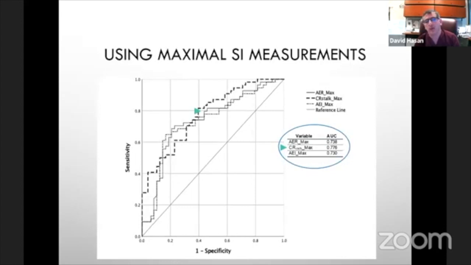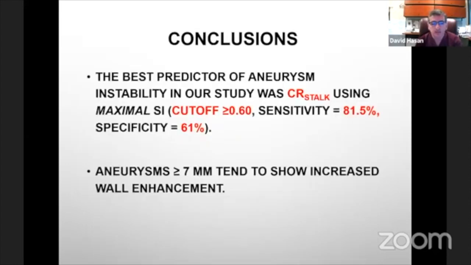And then the second one we use is the maximum signal intensity. From the 4 quadrants, we use the highest signal intensity. And from all that, we found out that the best predictor for aneurysm instability is the pituitary stalk, and we use the maximal signal intensity. And you could see here the sensitivity was approximately 82%. And as I mentioned to you, we accepted an aneurysm of greater than 7 millimeter as the ground truth for